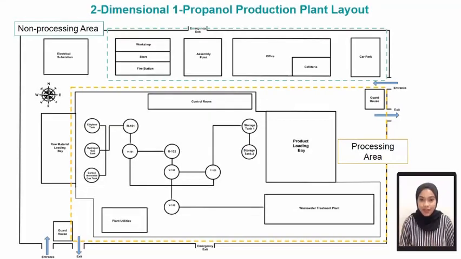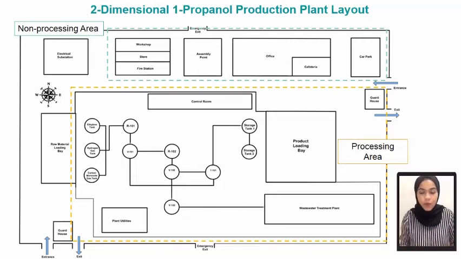Hi, I am Nadiana. I will be presenting on the plant layout for this processing plant. The figure shown is the 2D plant layout constructed by using the AutoCAD software. The wind direction for this plant is south-southeast, and the processing area and non-processing area are separated to ensure the safety of the employees. I'll give you a quick review of the function of each component located in the 2D